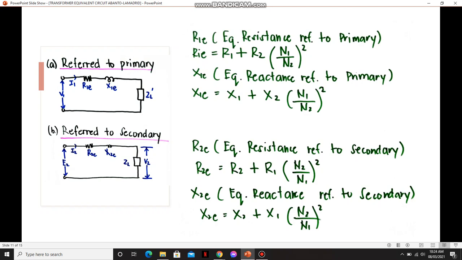I have here an example problem, but since this is just an overview, you can just browse it, because the formulas are here. You just have to input the given in the problem. So that concludes my